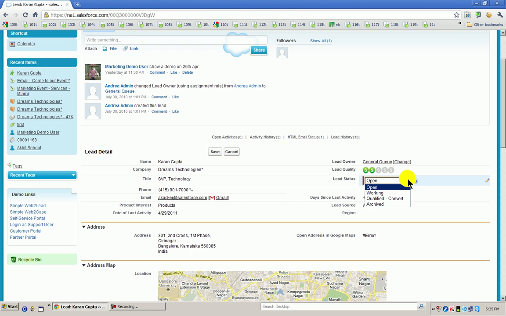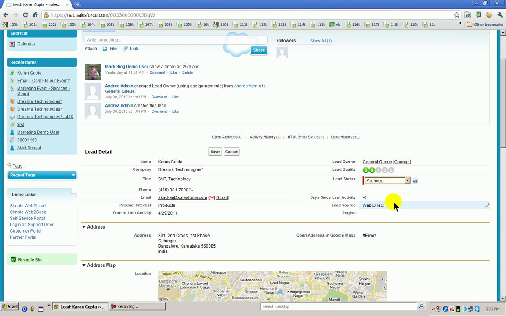Now let's say Sabyasachi is a lead for you. You don't know whether he is a good investor or not. Now it's open. After that you had a meeting or phone call, and Sabyasachi said, yeah, I have money to invest, I want to save my tax. Then you qualify that lead. The moment you qualify, you will put qualify and convert. Let's say you are not sure, you can put it as working. And let's say Sabyasachi doesn't have money, you can archive or disqualify the lead. You can also throw it out of the window actually.